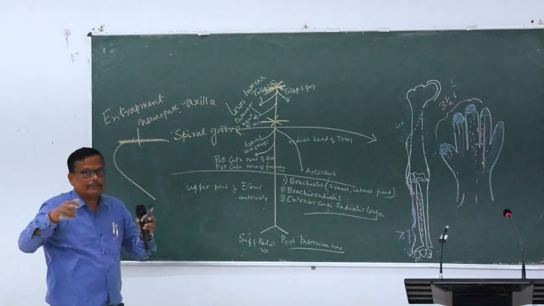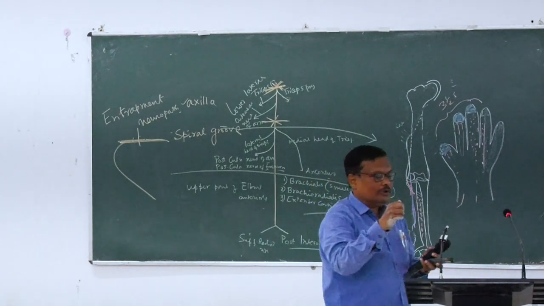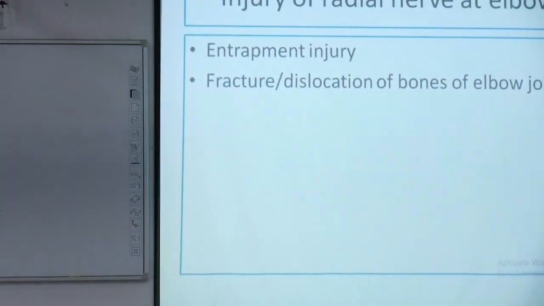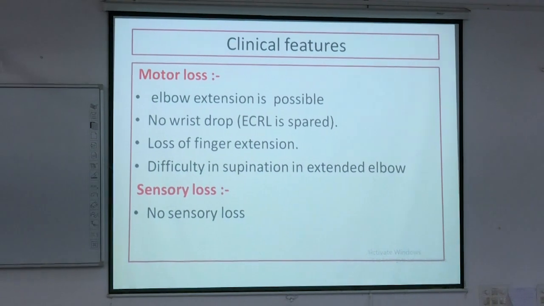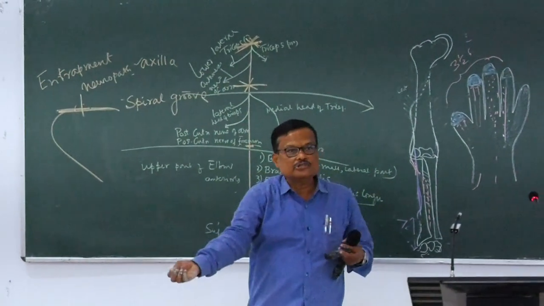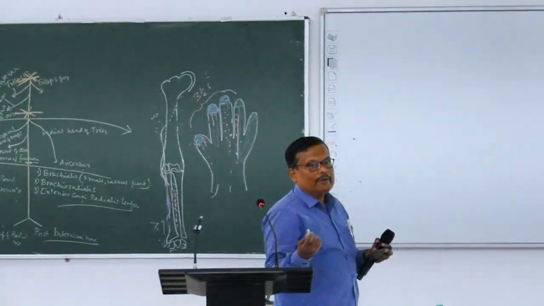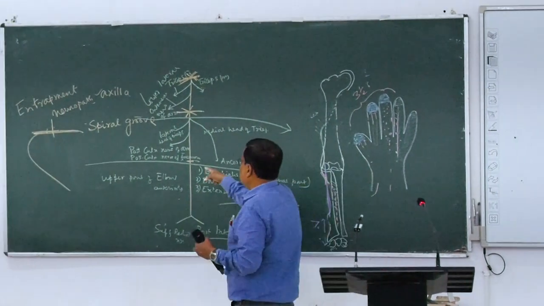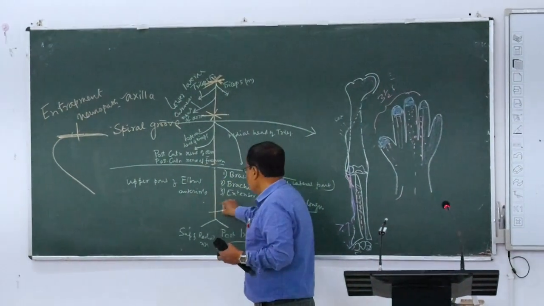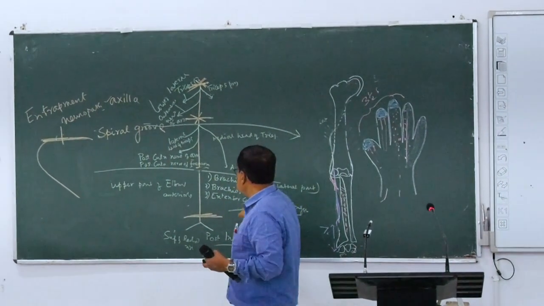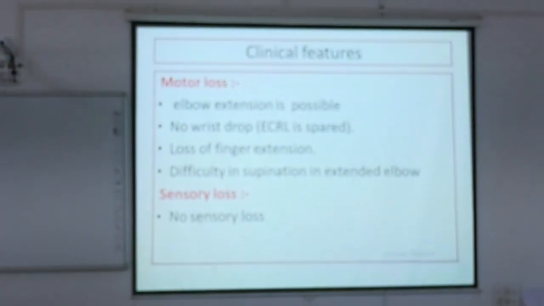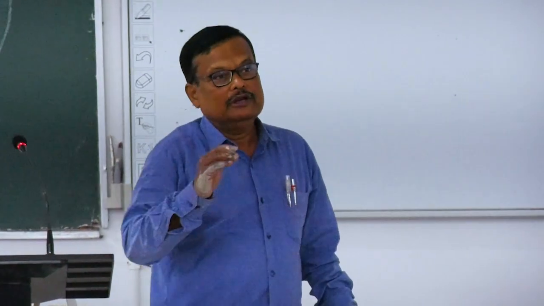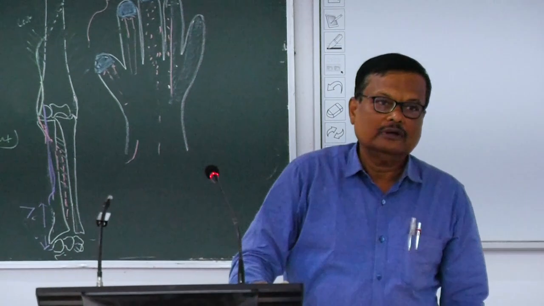এখানে নার্ভটা এনট্র্যাপড হয়ে গেছে, ওকে চেপে দিয়েছে। আর একটা হচ্ছে ফ্র্যাকচার ডিসলোকেশন অফ দ্য এলবো জয়েন্ট। এলবো এক্সটেনশন ইজ নাও পসিবল কারণ এইখানে হয়েছে। সুতরাং অল দ্য এক্সটেনশন উইল বি পসিবল। রিস্ট ড্রপ হবে না কারণ এক্সটেনসর কার্পি রেডিয়ালিস লঙ্গাস বেঁচে গেছে। সুতরাং নো রিস্ট ড্রপ, লস অফ ফিঙ্গার এক্সটেনশন। তাহলে এইটাই গেল আমাদের রেডিয়াল নার্ভ ইনজুরি ডিফারেন্ট লেভেলস, ভেরি ইম্পর্টেন্ট, ভেরি ইম্পর্টেন্ট।